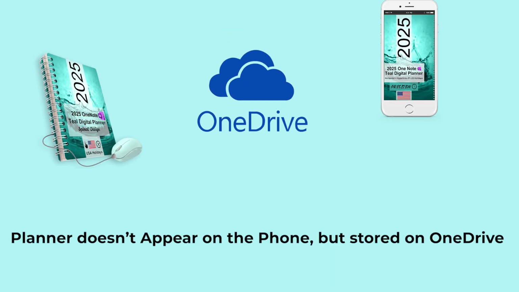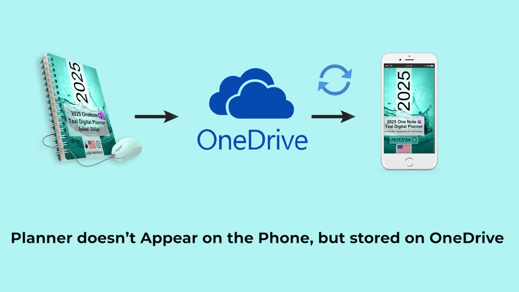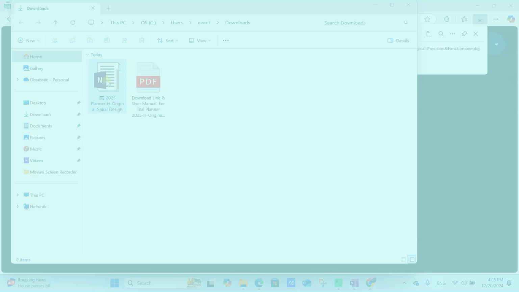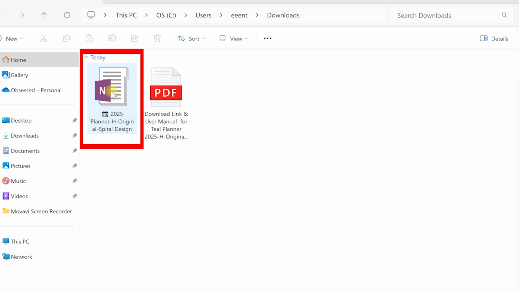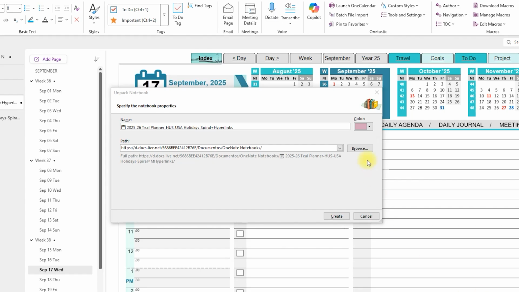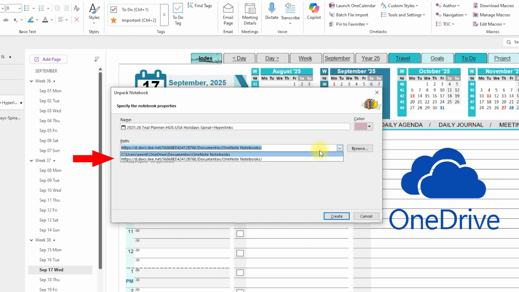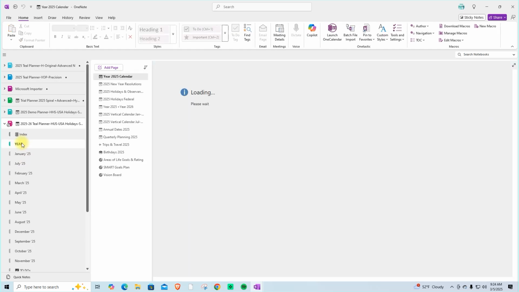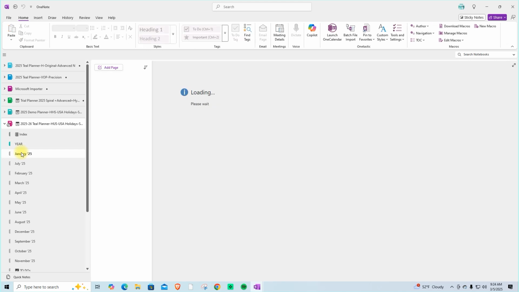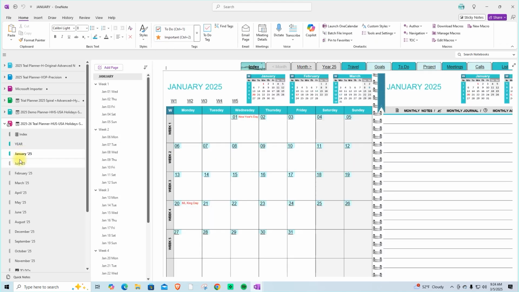Common issue number 2. The planner was stored on OneDrive, but it doesn't appear on the OneNote mobile app. The installation process for Windows users is straightforward. Double-clicking on the file initiates the unpacking process. In the next dialog window, specify OneDrive Cloud Storage as the storage location. Since this is a full-size planner, the unpacking and syncing process may take some time. After installation, the pages will start to appear with a slight delay, but this only occurs the first time you